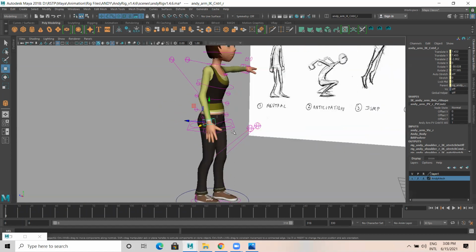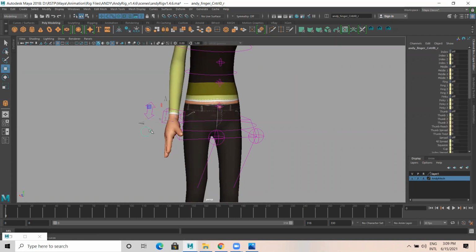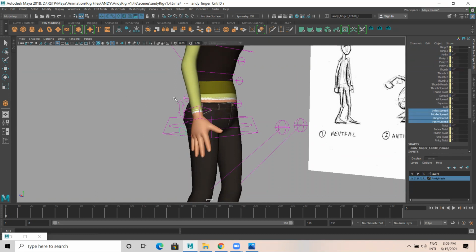And for the finger part, you can see here stretch. I select this one. You have index 1, 2, 3. Index is the index finger, then middle, ring, and pinky is the little finger. You can just select and change the values and try, or else I can select all of these like this.